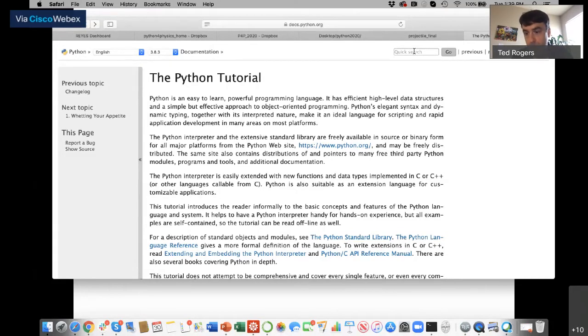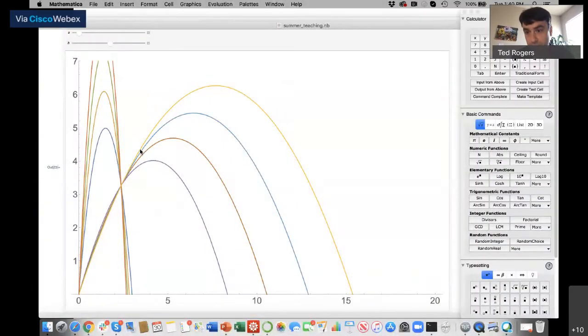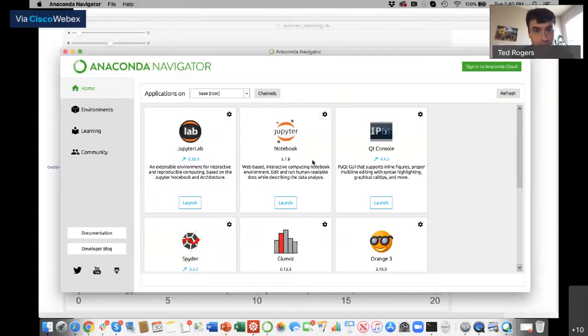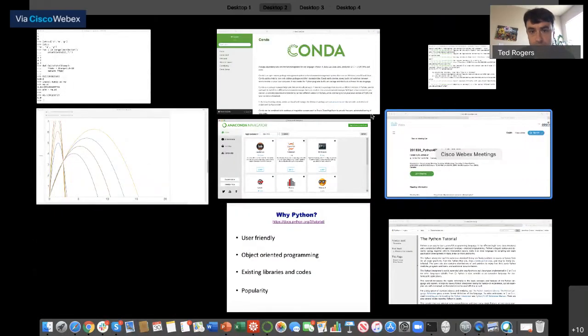A few people have asked about the Python distribution you're using. You're able to change the parameters in real time right then and there. I think you changed height and initial angle or something like that. That's not available naturally in Spyder. Could you, or some of the other distributions, comment on that? Actually, what I showed here I did in Mathematica, just to show an example of what the result looks like. I can show you my Python code. We did some similar things in Python. Let me find them.